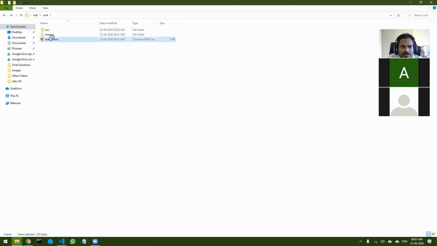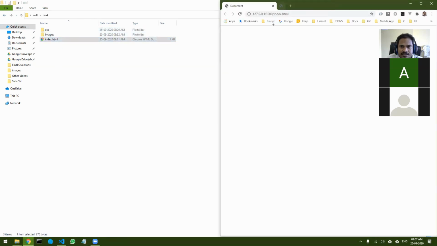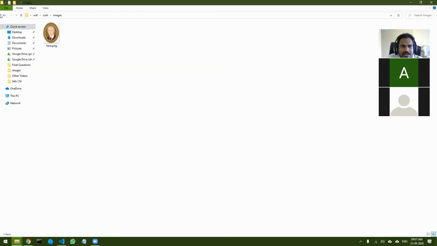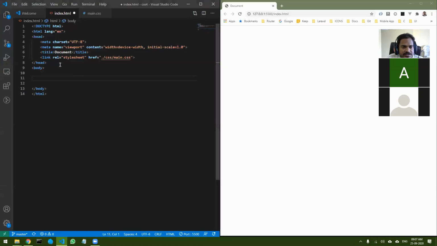And I have copied one image also that I will use later. So this is the current status. And I've linked it to the file. And if you can see, it is open on the right. If I type anything, it comes over here. So everything is working, right?